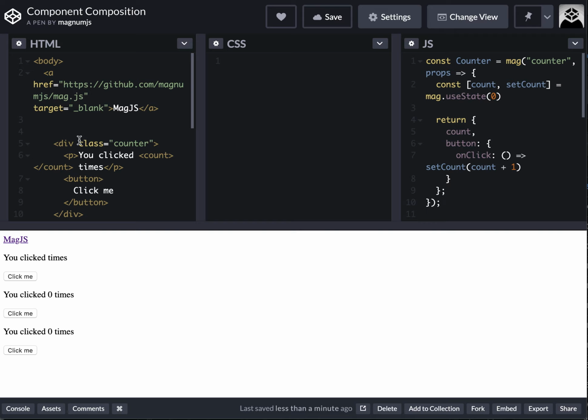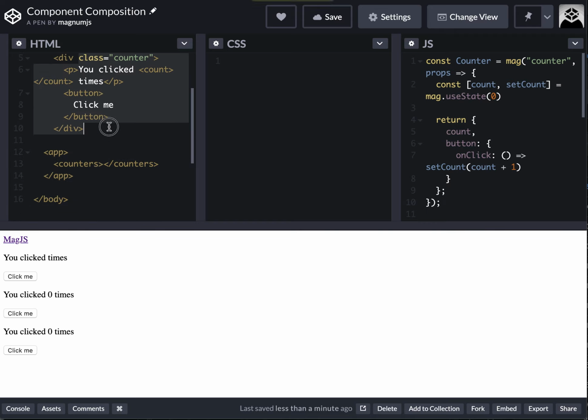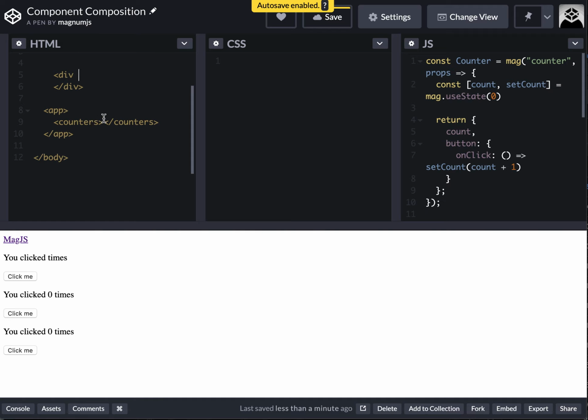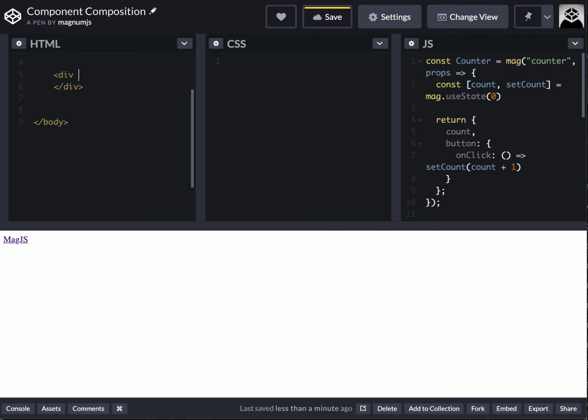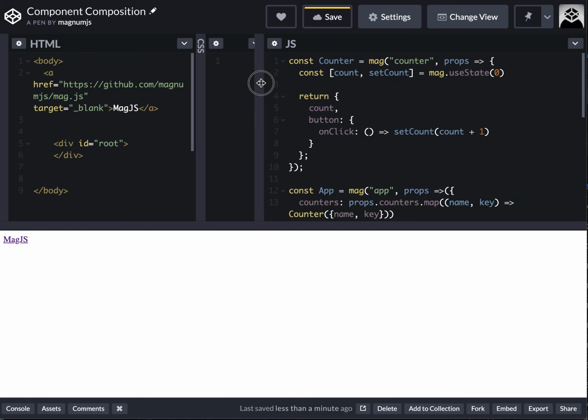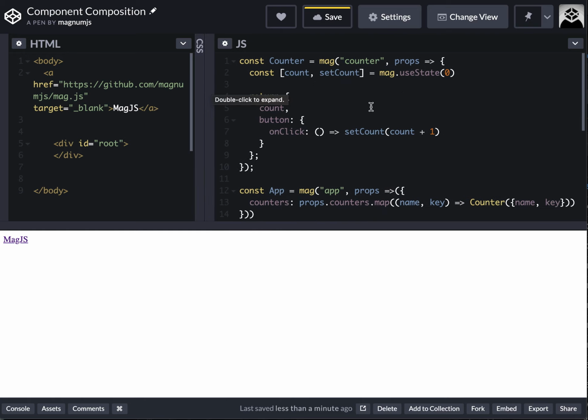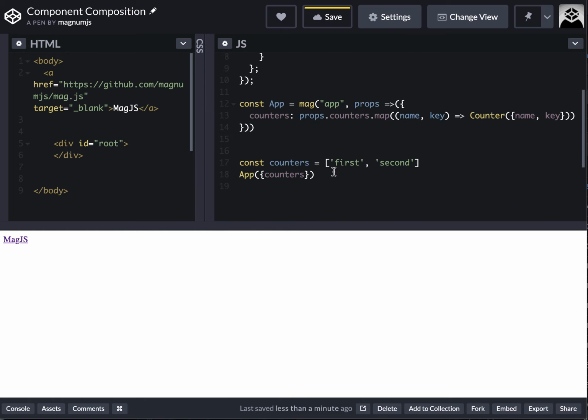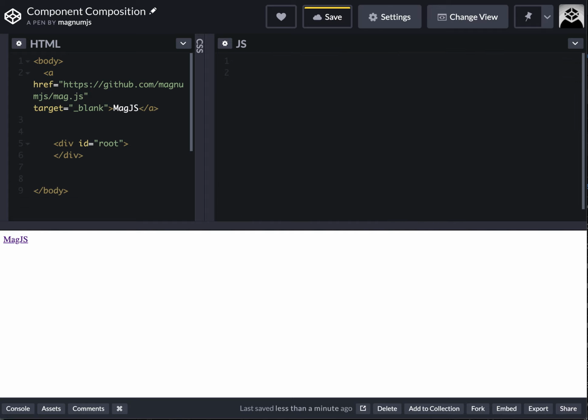Now we're going to get rid of most of the stuff here. We don't really need it. We'll just do our generic ID root, I'm sure some of you are familiar with. That's going to be where all of our stuff's going to be. What we're going to do is create a border application. But before we even do all that, we're going to create a simple kind of starter app